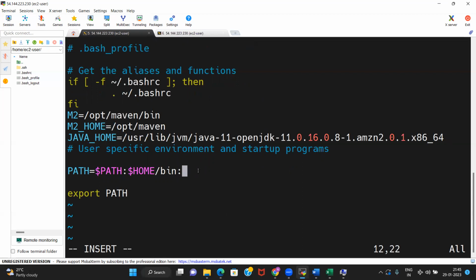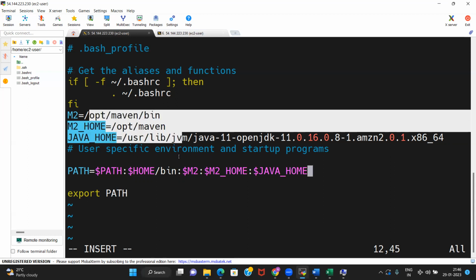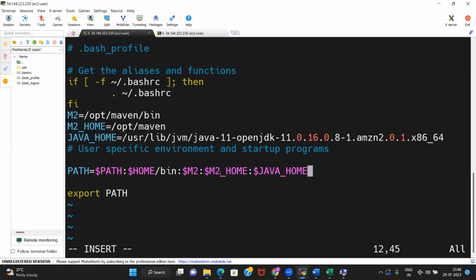If you are using any variable, you need to start with a $ sign. So you put $M2, then a colon, then $M2_HOME, then a colon, then $JAVA_HOME, and then you give the export. This way you have set it up.